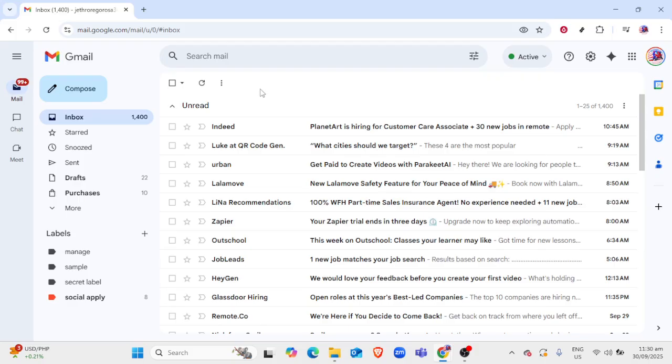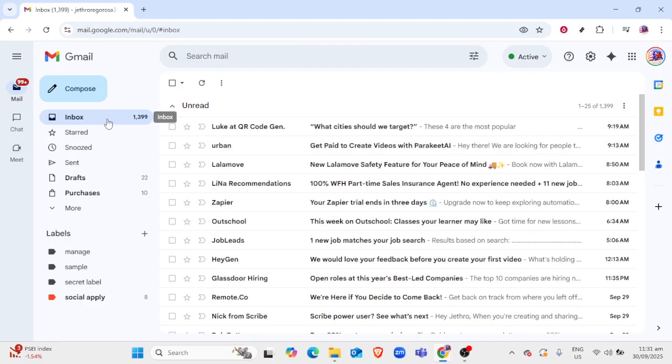Once you're in, head to your inbox where you'll see all your received emails. Browse through and find the email from the sender you wish to block. Now, this is where the magic begins. Click on the email to open it. This step is crucial because we need to access specific options that are only visible when the email is open. Take a moment to scan through the message if you want, but our primary focus is to block the sender